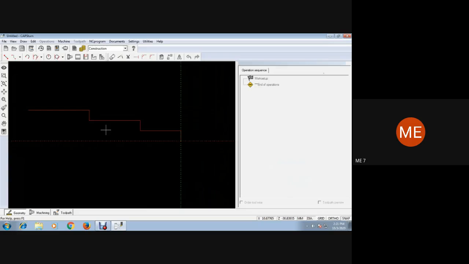So that the color will be changed. The color will be changed, otherwise it will be only a white color. The lines or arc will be only in white color. That means you have not saved it, or you have not given permission to consider it as the contour.